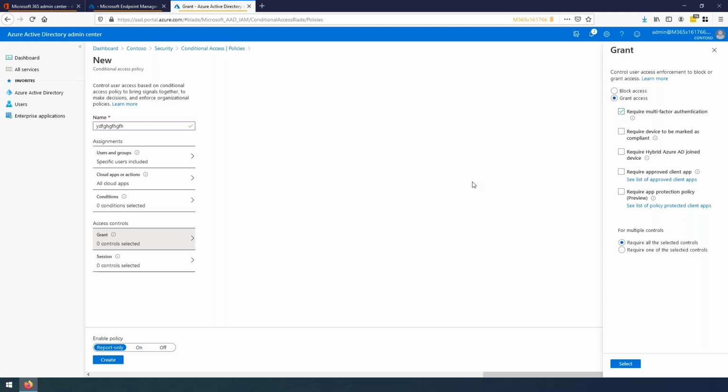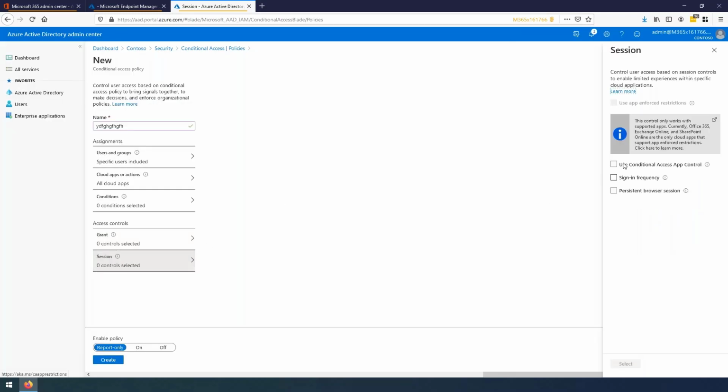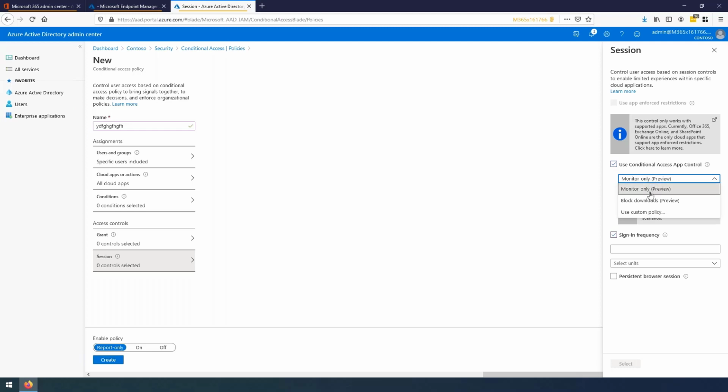If the end user already has multi-factor enabled from the previous approach, then that's okay. It will still force it, and the end user will then be able to utilize that. So we can obviously do a combination of things. We also have session control here that I can associate, which will allow me to use persistent browser sessions. I can control the frequency of sign-ins as well as conditional access to block downloads, etc. So I just wanted to kind of touch on that one, the two different approaches,